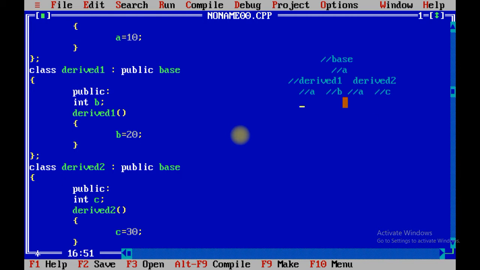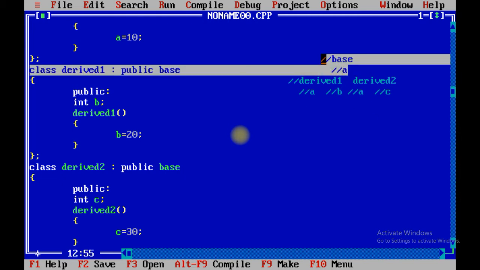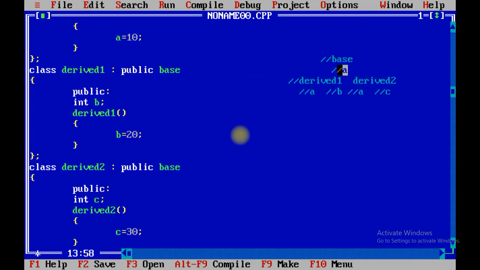See, if I put the display function in the base class, it will only print the value of a. If I put it in this derived 1 class, it will print the value of a and b. If I put it over here, it will print a and c.